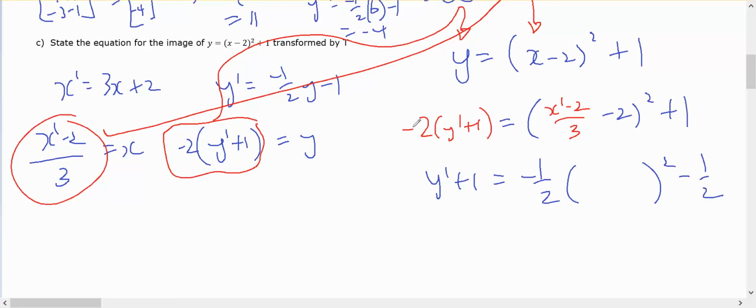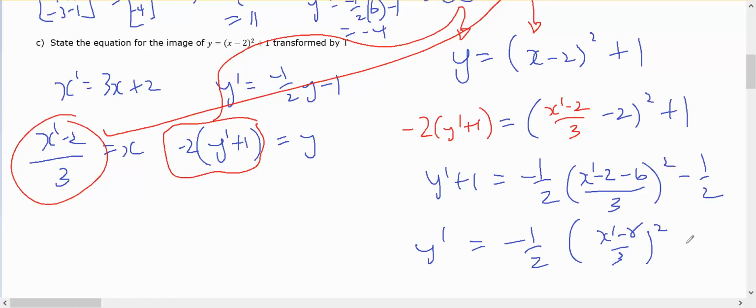The negative 2 will be a division, and a division of both of them. And here I'm going to put this all over 3, which gives me x dash minus 2 minus 6. So I've got y dash equals negative a half (x dash minus 8 on 3) squared minus 3 on 2,